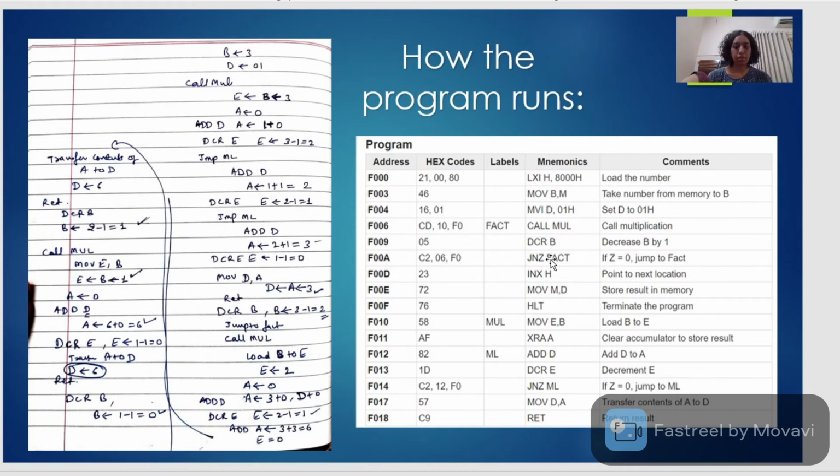If you completely do the whole program like this, you will understand that D equal to 6 is coming as a result. We took B equal to 3, and the factorial of 3 is 6, which we get as the result in D equal to 6.